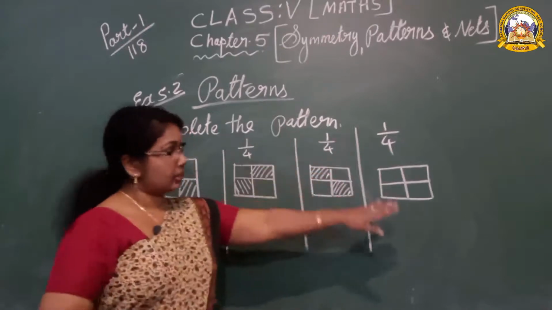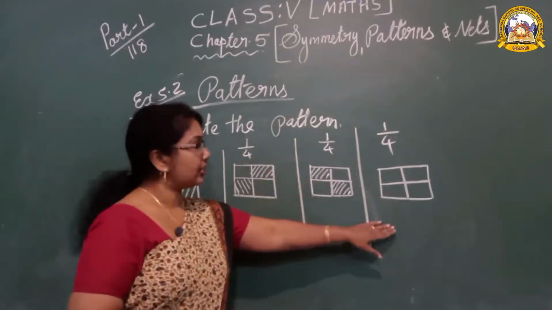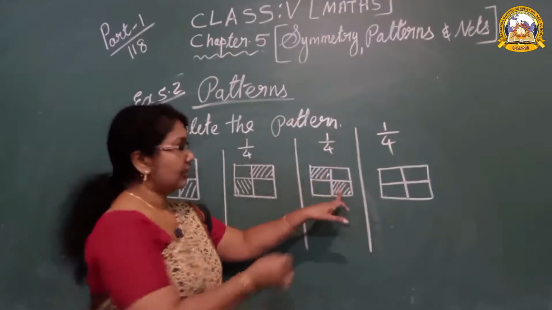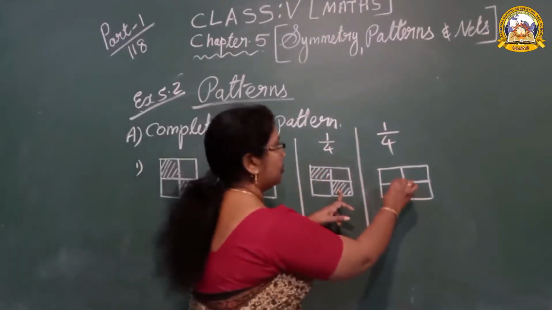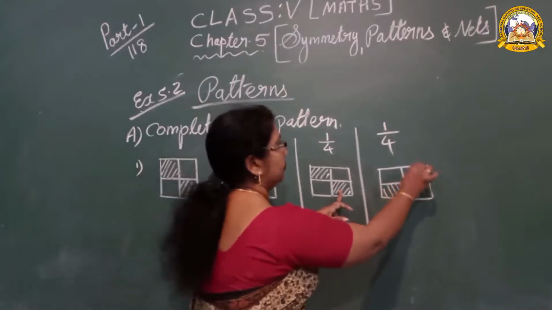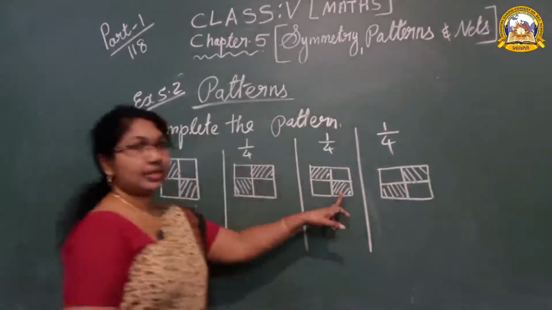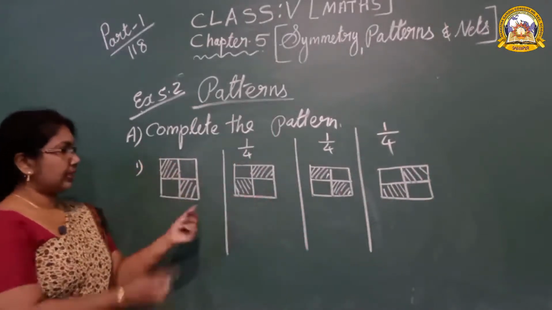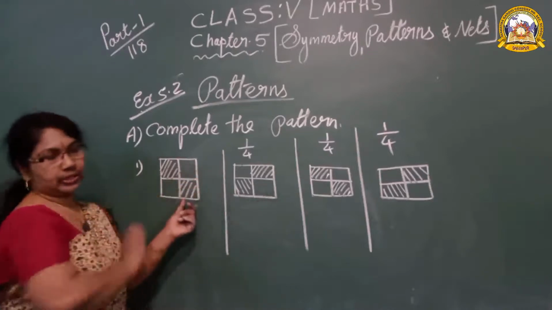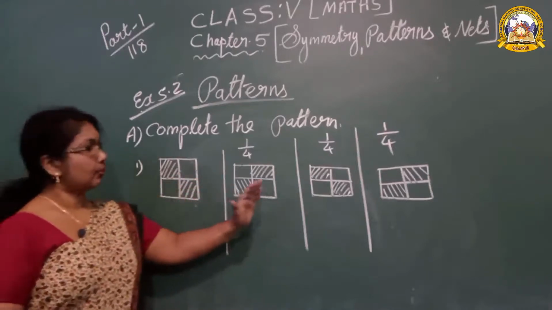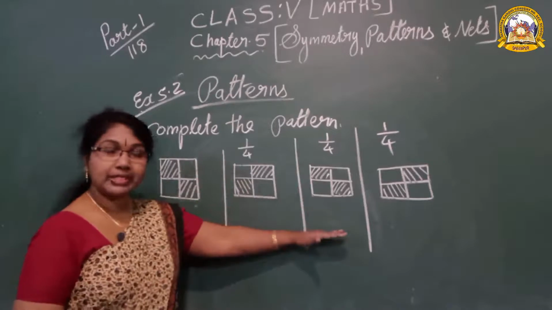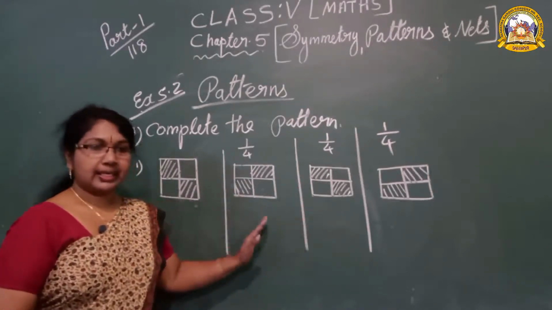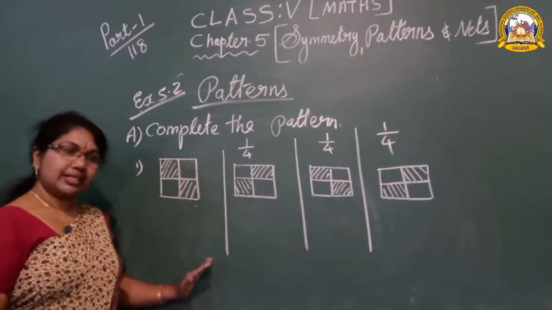Now again it is a 1/4 turn. This plain part will come here. So this one will come just opposite here. Yes. First, this is the shape after a 1/4 turn. So just opposite you have to write down. Understood now? First 1/4 turn. 1/4 turn means quarter. Now look here, the second, third and fourth are easy.